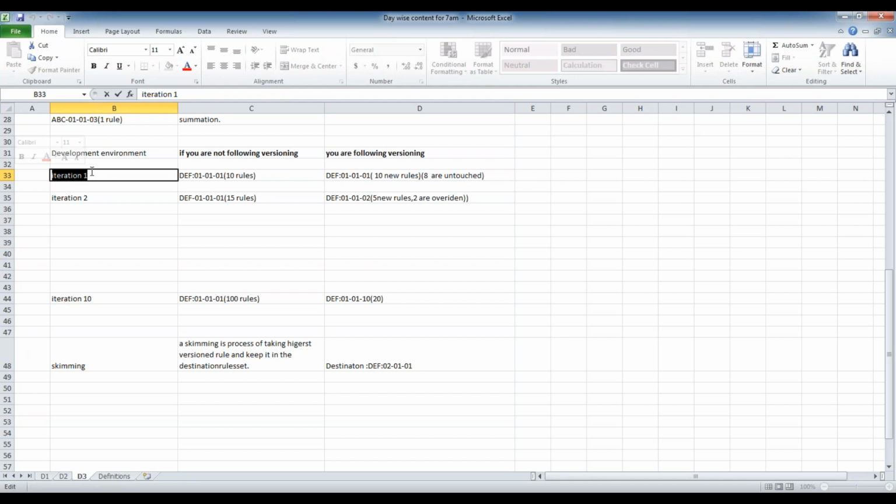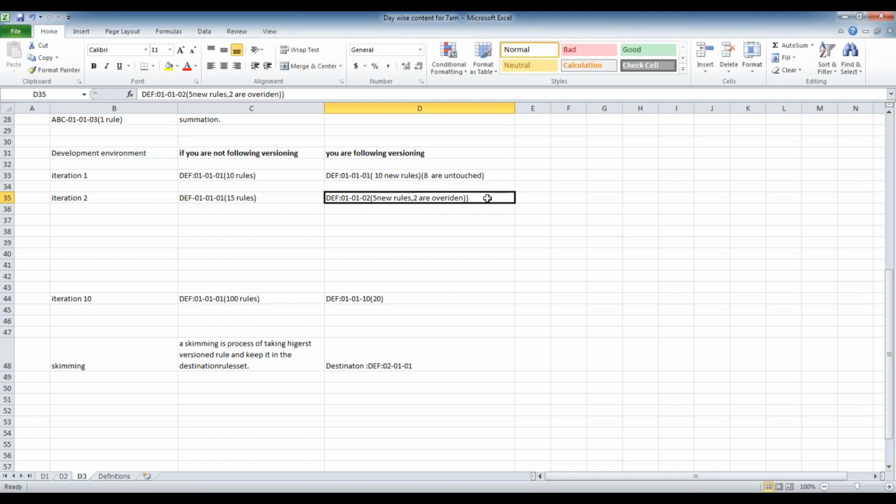Because iteration 1 is already over during development, I don't touch this rule set again. We'll create one more rule set 02, and for whatever issues they identified, I need to modify some rules, so I need to override whatever rules I have written in the 01. By the time you reach iteration 10, many rules will be overridden. So without all the versions, the features won't work, because the rules are scattered in each and every rule set version.